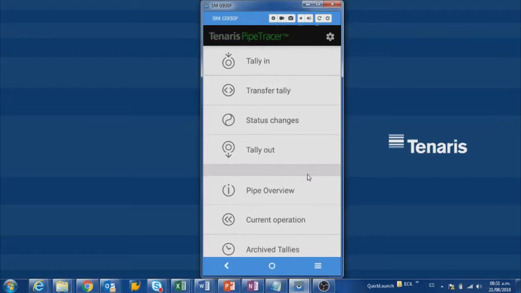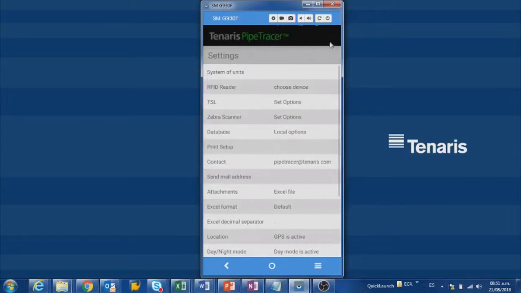Now I'm in the application. The functionality that I'm going to need is the pipe overview. But before that, I'm going to set some basic configuration. In this case, I'm going to set up the reader power for the TSL device. Entering this option,